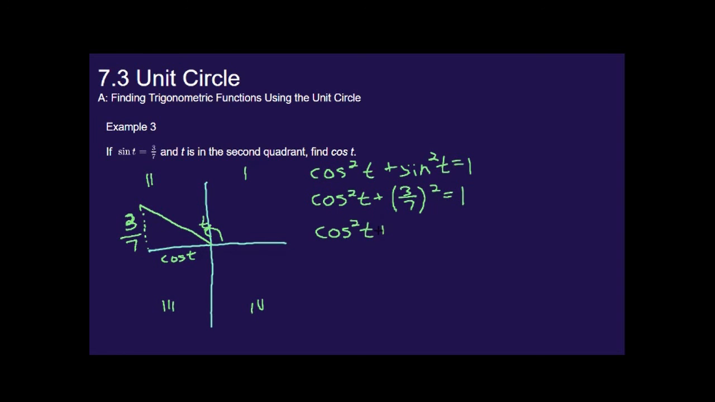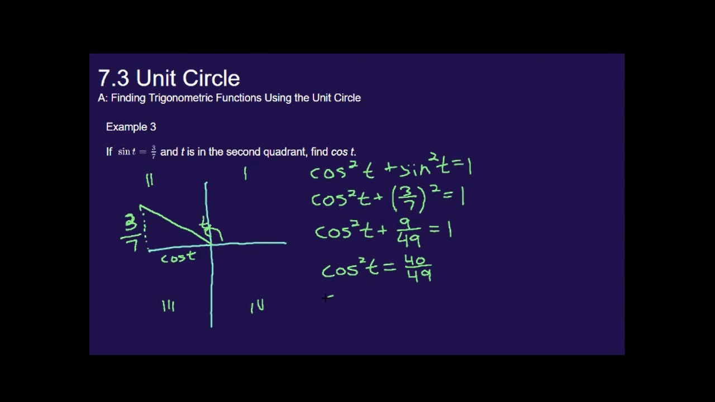Cosine squared t plus 9/49 is equal to 1. Now I want to move the 9/49 to the other side, so I'm going to subtract 9/49 from both sides. Cosine squared of t is equal to 40/49. And then I want to get rid of that squared, so I need to take the square root of